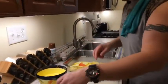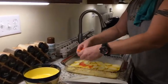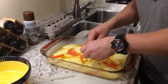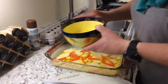Actually, you know what? The tomatoes I want to put on top so it looks pretty. So a little bit of peppers. Peppers in there. Boom, boom, boom, boom. Okay. Now we're going to put,